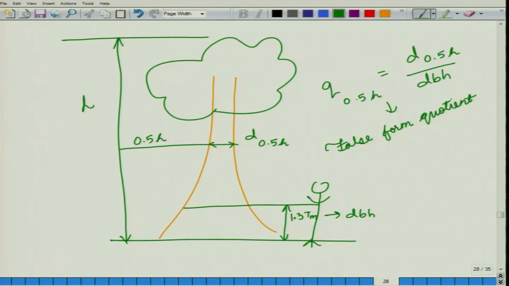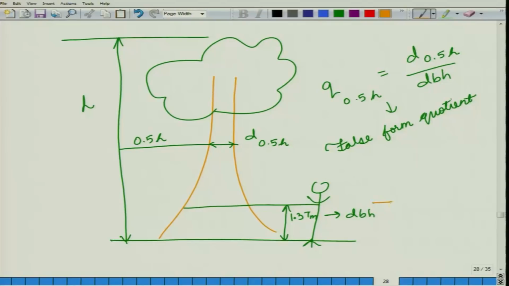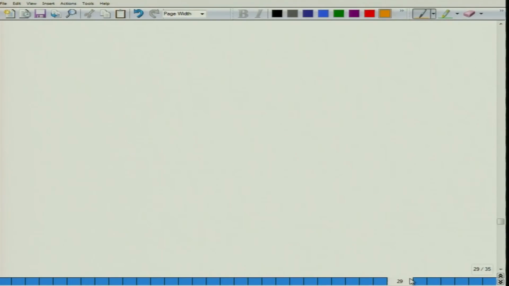We also define true form quotients. Now, a true form quotient takes the diameter at 50% height in the numerator and the diameter at 10% height in the denominator. So, in the previous case, we had arbitrarily taken this dBH, which is arbitrary, in the denominator. Now, if we did not choose this figure 1.37 meters and took it as a fraction of the tree height, so in the case of a true form quotient, we take a tree